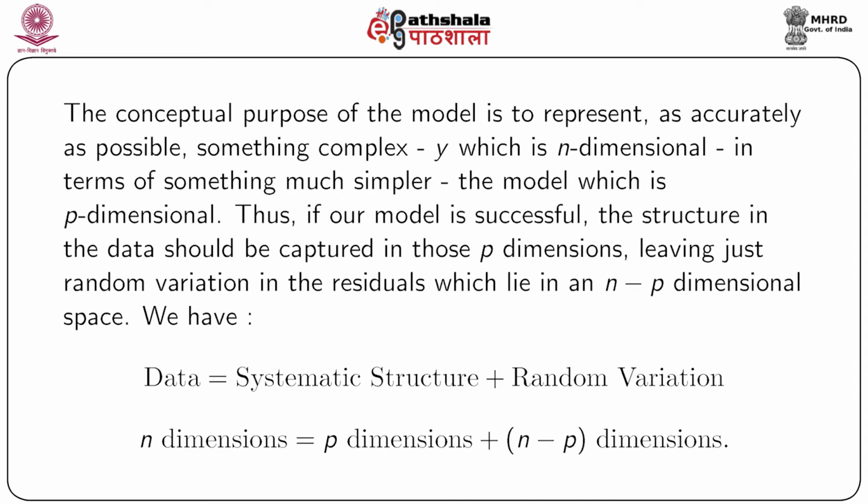So what in essence we mean is, we have the data which is divided into two parts. One is the systematic or the structured part, and the other is the variation due to the randomness. So this randomness is not something which we can control, so we try to minimize it. And the systematic or the structural part is the part which we can control, so we try to minimize the dimensions and write it in terms of a linear combination of p different coefficients. So we have n dimensions of the data, which equals p dimensions when written in terms of the coefficients beta plus n minus p dimensions, which is attributed to the random component.